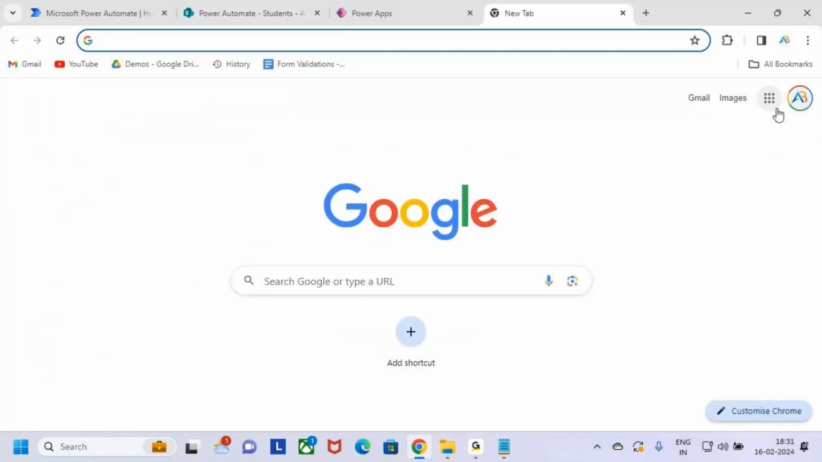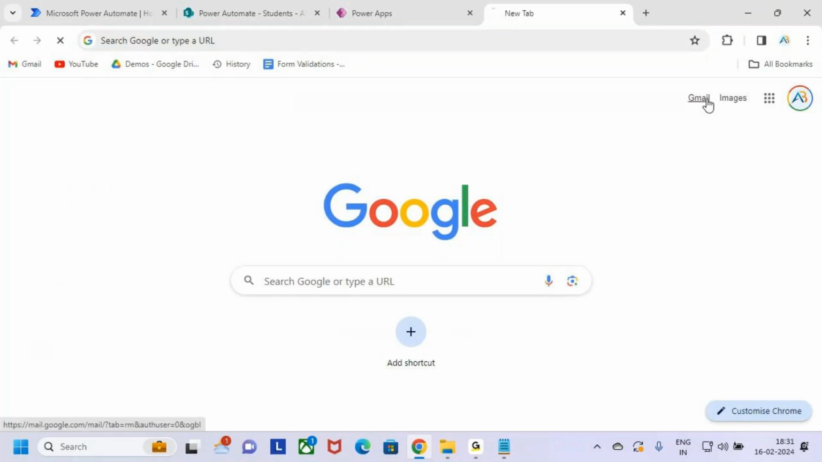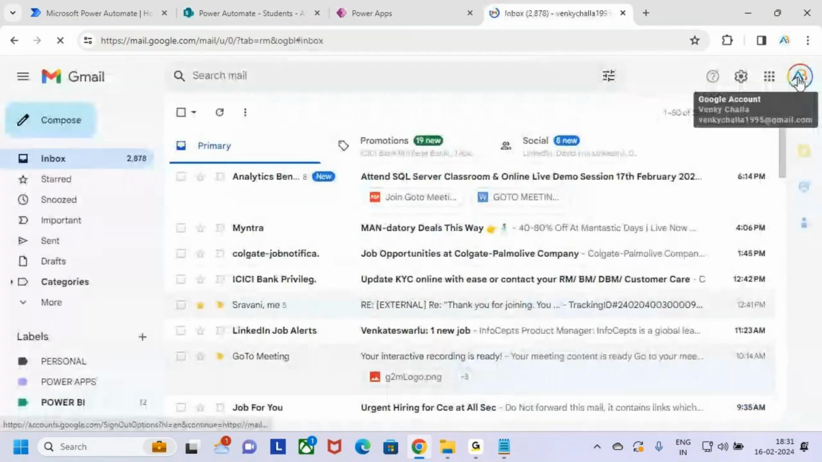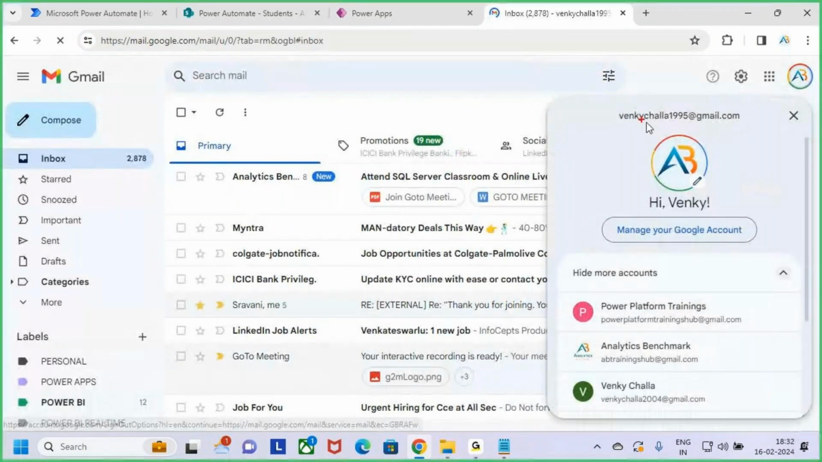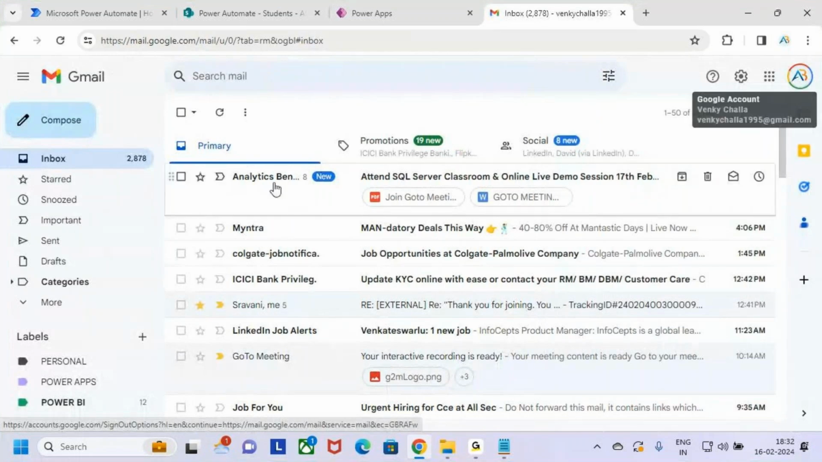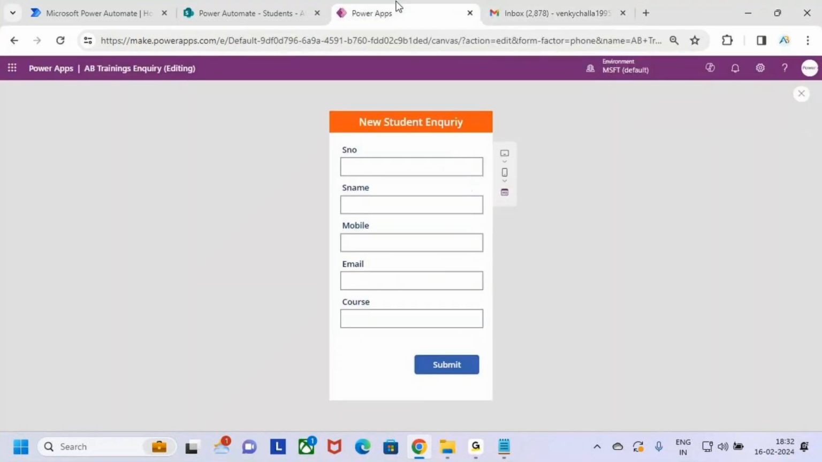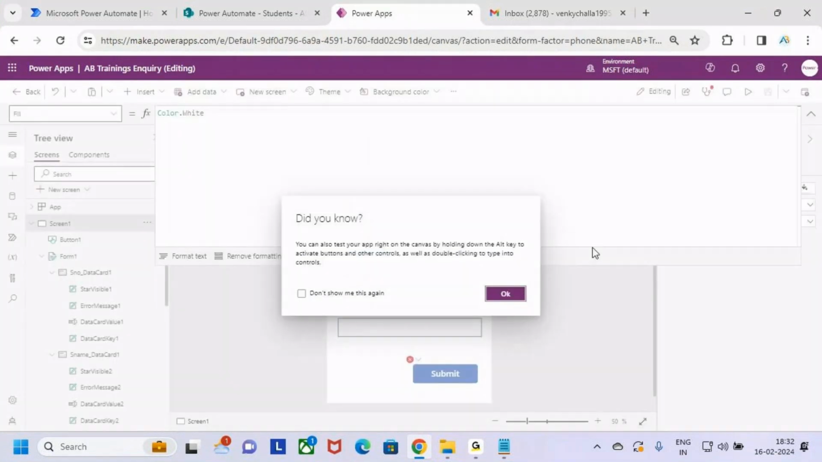If I check my email, I'm logged in with Vinky Challa 1995. This is the email I'm logging in with. Did I receive the email here? No, there is no email. So why is it not receiving the email? If you observe what I'm doing here,